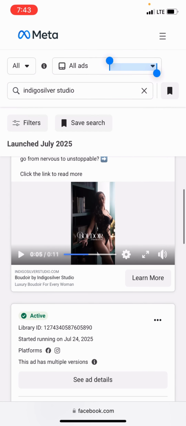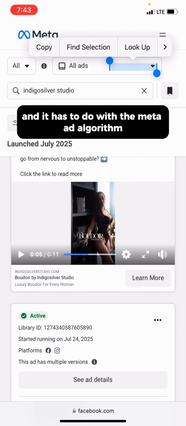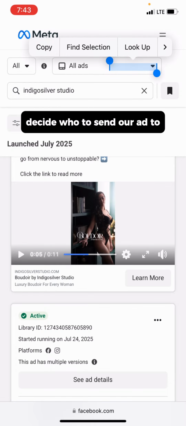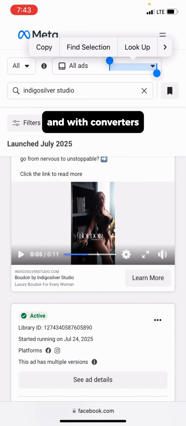And here's why having these options down here at the bottom is an issue. It has to do with the Meta ad algorithm. So the Meta ad algorithm's deciding who to send our ad to. It's pulling from pools of data. Pool 1 is from converters, so those who have converted on our ad. And with converters,